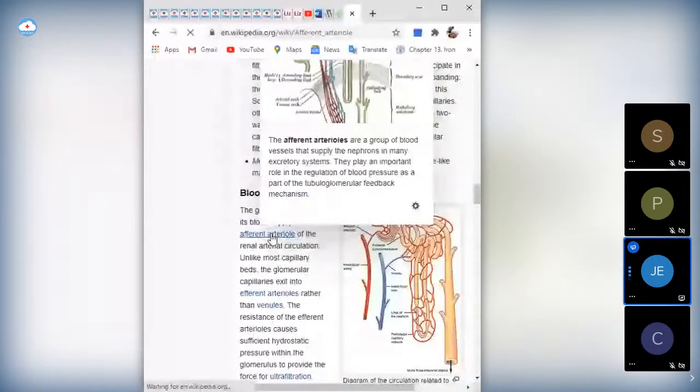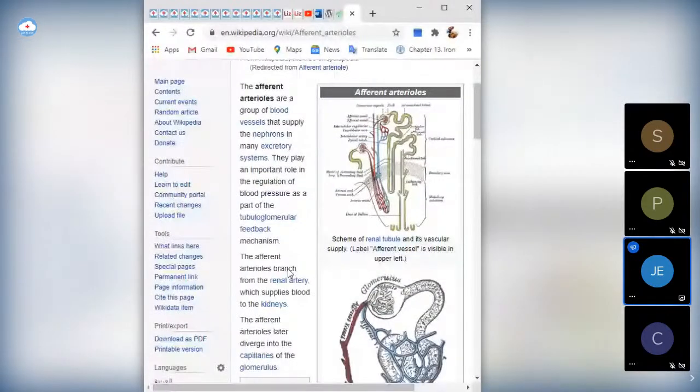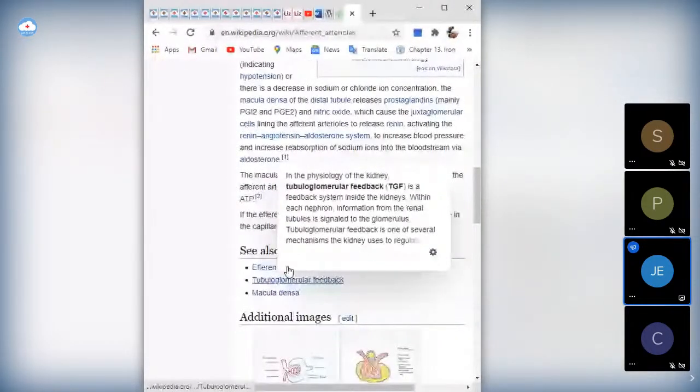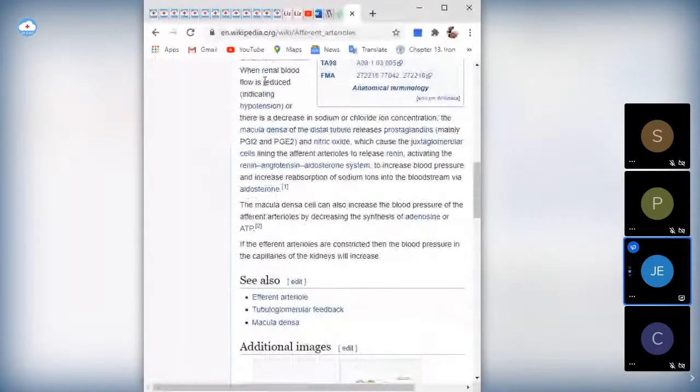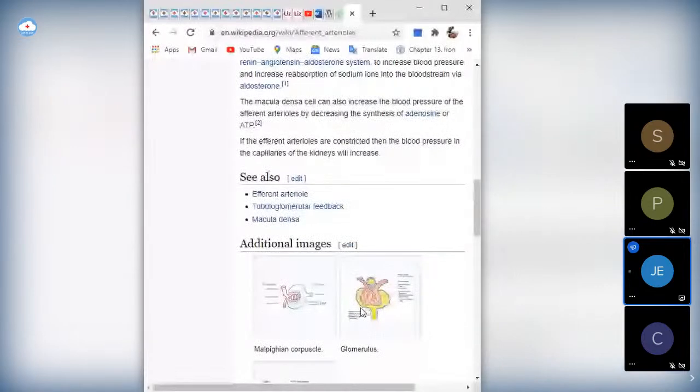What I really want us to look at is the factors and regulation. When blood flow is reduced, that indicates hypotension, and there's a decrease in sodium, and so on. They're still talking about how the